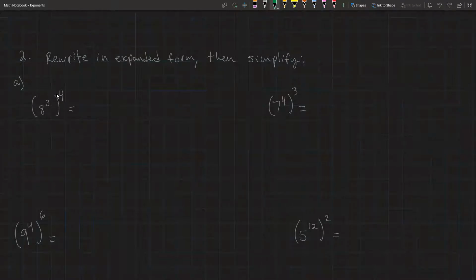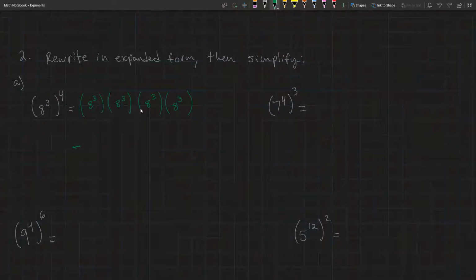How do we expand something to the 4th? What does something to the 4th power mean? Well, it means something times that something times that something times that something. And what's the something? It's a to the third times a to the third times a to the third times a to the third. And that means we're multiplying the same base 4 times. So therefore this can become,